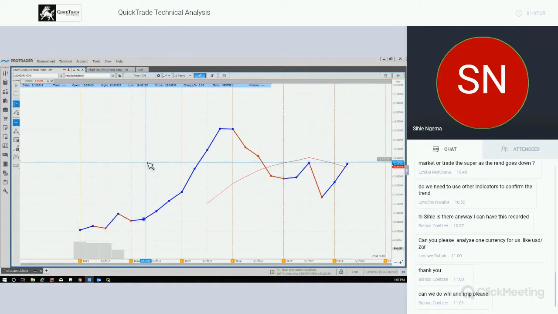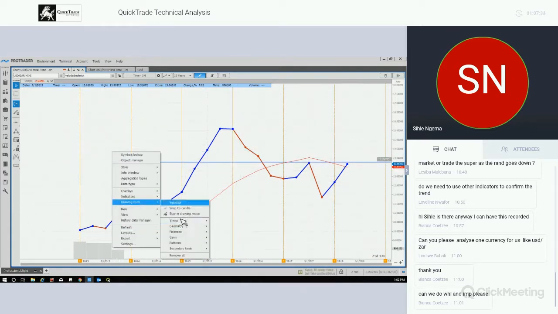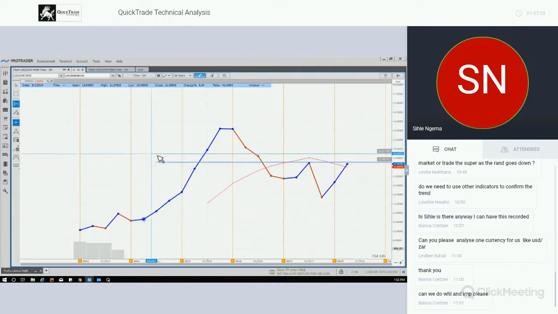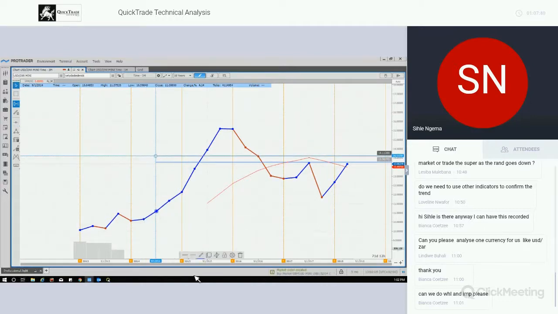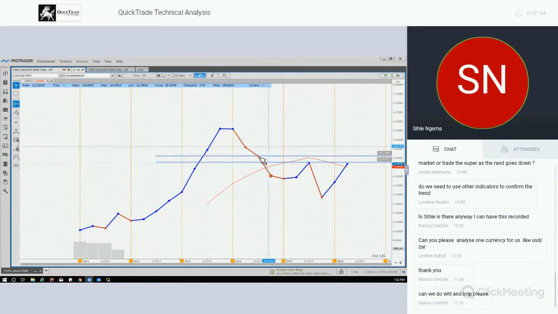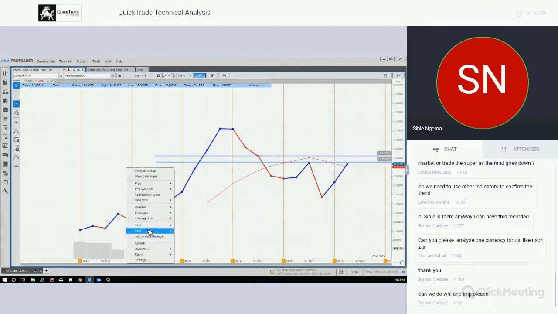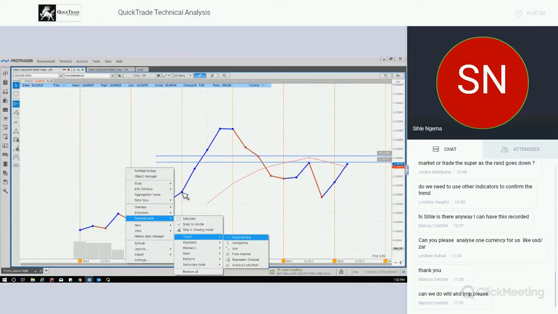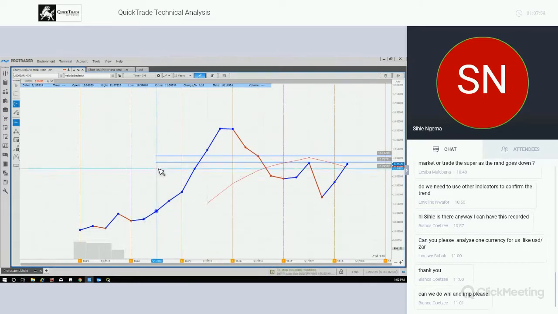Okay, I'll use the dotted line here, or you can use the dotted line. The dotted line makes it easier for you to spot those turning points. It makes it hard for you to miss any turning points there. Even if that turning point is not well defined, not standing out, you can always spot one. Like here, we've got this dot, so I'm taking this one as the turning point. So I'm marking